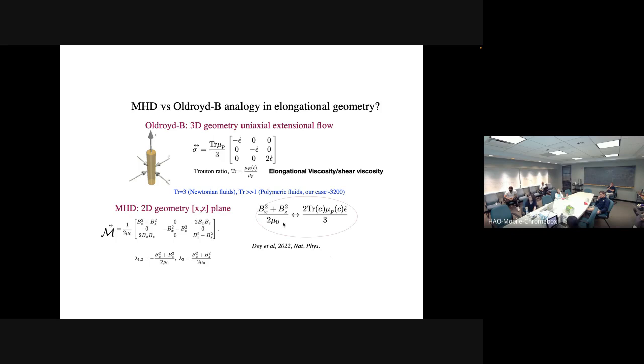And then we found that if we scale this with the corresponding inertial terms in the MHD system and in the Oldroyd-B system, these two terms have very similar values, of the order of 1 to 3. So that's one good validation of the fact that maybe there is some similarity between MHD and Oldroyd-B